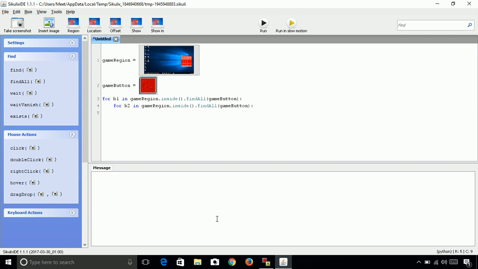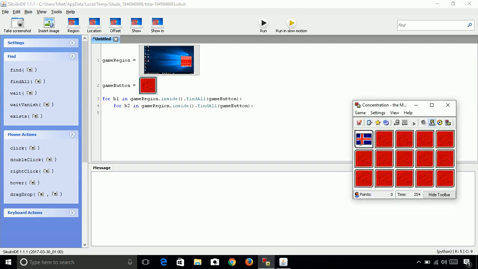Now this b1 and b2: for the first time b1 has been clicked. Let us assume we have not yet written the click functionality, but just assume that in the first loop we have clicked on this, and in the second loop we have clicked on this. So we have to see whether these two patterns match or not. If these two do not match, then we need to continue with the clicking option. If the two match, then they will disappear from this tab.